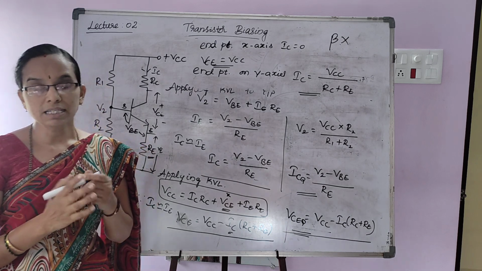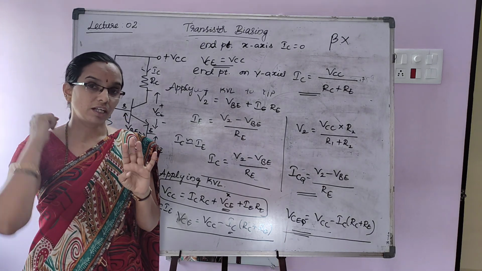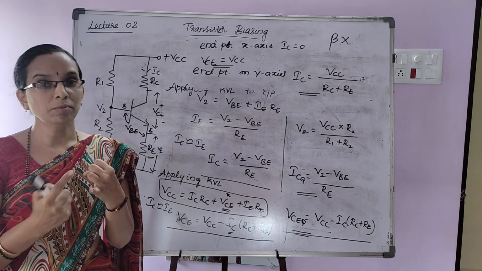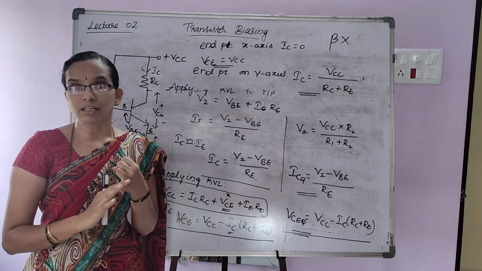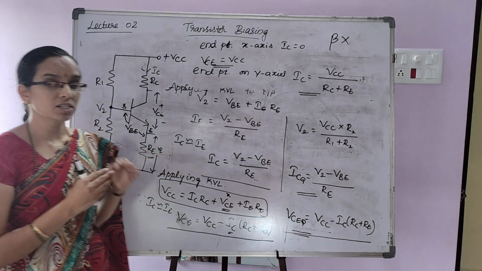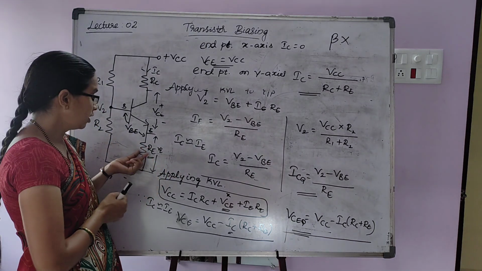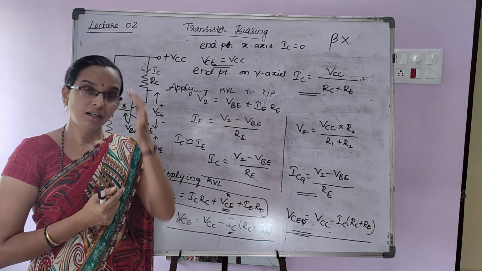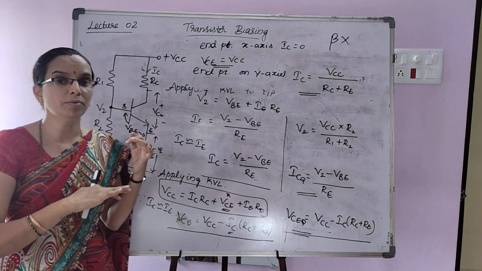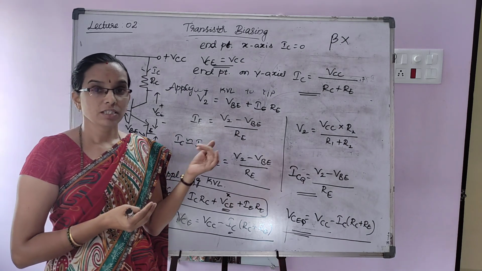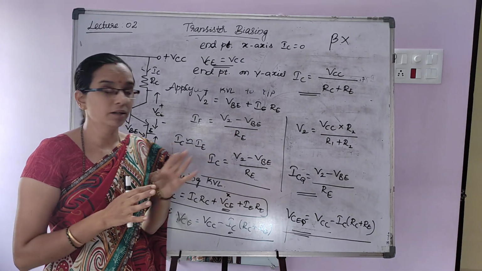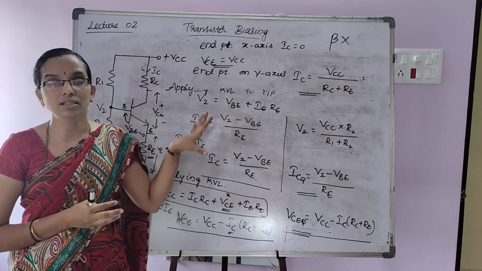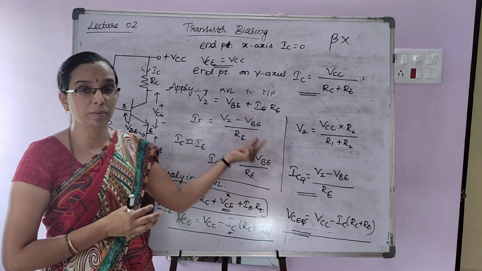So that is the need for biasing. Which are the factors that are affecting the biasing? One is temperature variation, which causes instability, but the stability factors affected by temperature variation can be overcome by connecting an emitter resistor. And because of beta, that means if the transistor is replaced by another transistor of the same type, beta may vary. Even if you replace the transistor, the biasing voltages and currents will not change because these are not depending on beta.